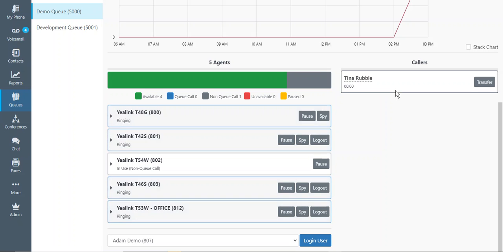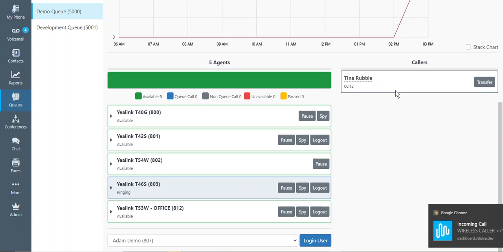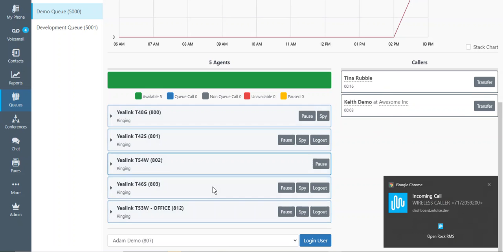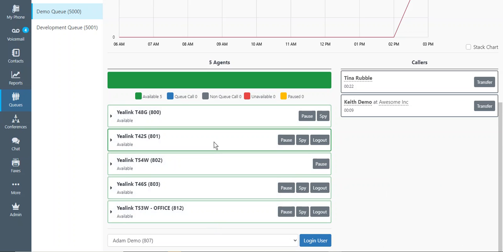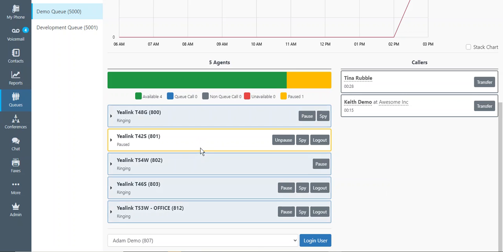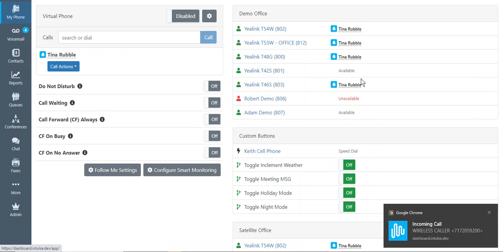So there's one coming in, somebody named Tina Rubble. And we're going to have another call coming in here. So you can see there's two callers that are in the queue. These are all flashing because these people could all take the calls. Let's say that one of these agents was paused, or they paused themselves while calls were coming in. They now turn yellow. If somebody was actually on Do Not Disturb,